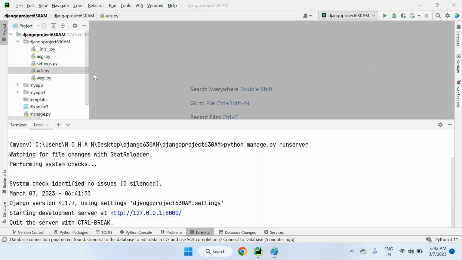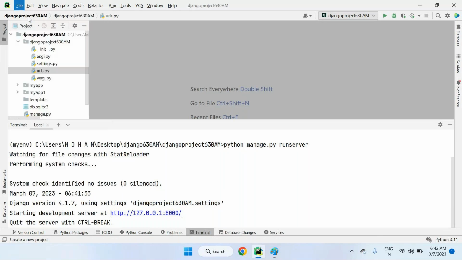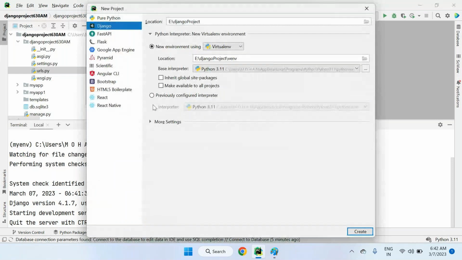No need to activate the virtual environment because you have created the project directly by using the file menu, new project. Okay, Django. If you create it like this, no need to activate the virtual environment, because the virtual environment is automatically activated for you. So